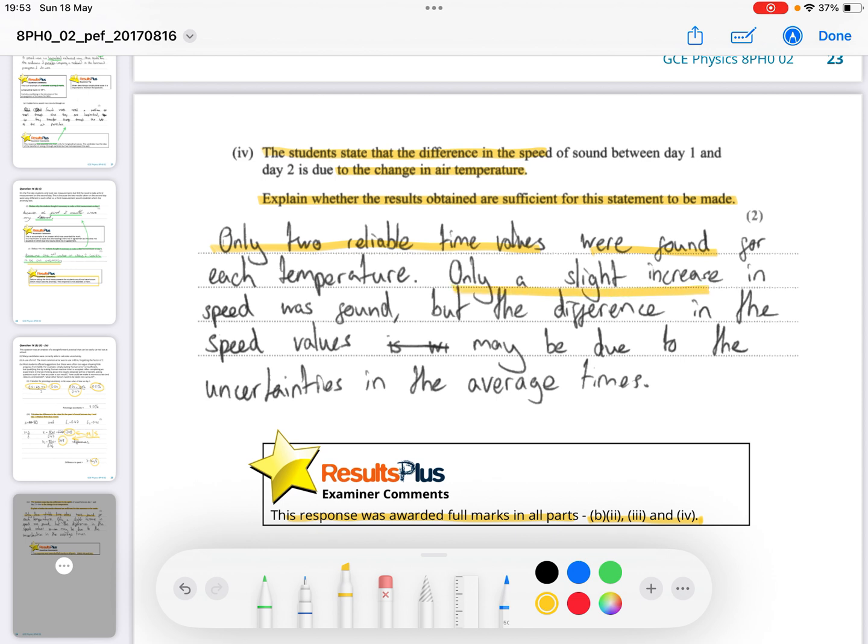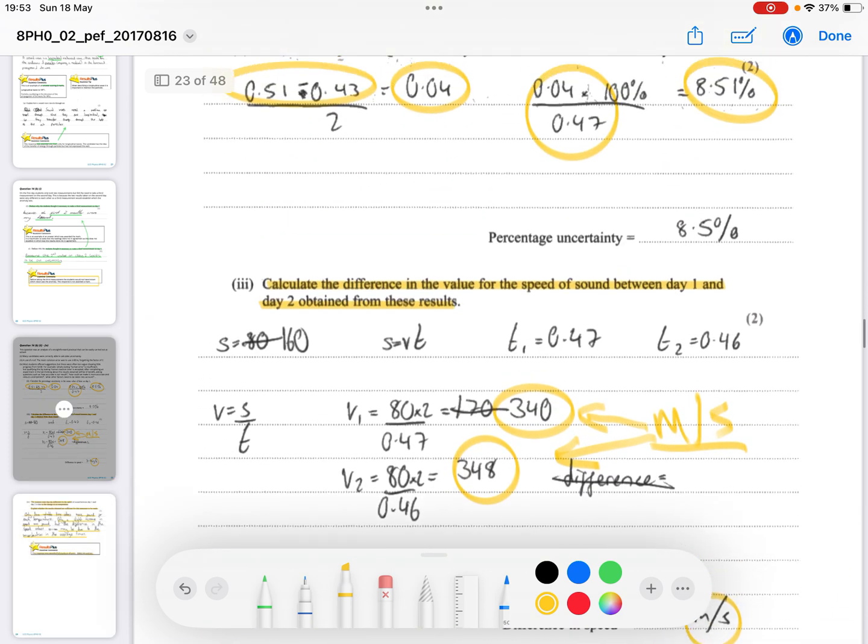Only a slight increase in speed was found, or difference in speed was found, but the difference in speed values may be due to uncertainties in the average times. It could be due to uncertainties, so he could actually work it out because he knows his uncertainty was 8% from part 1. So if you've worked out your uncertainty to be 8.5%,